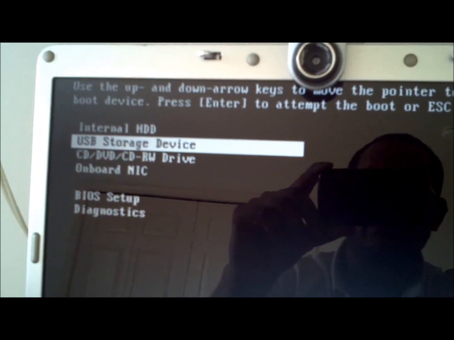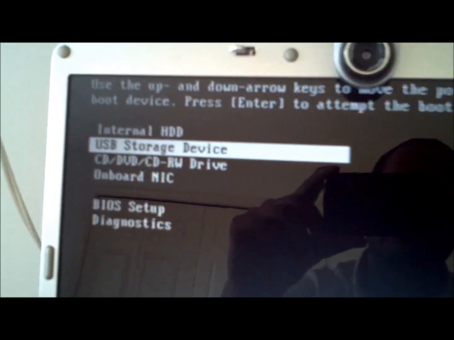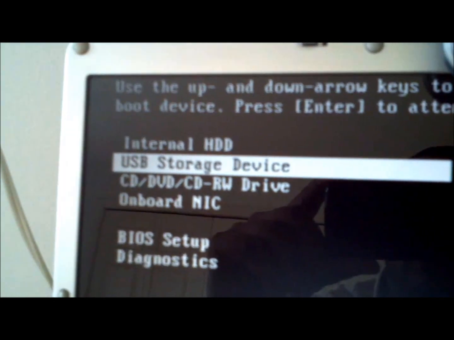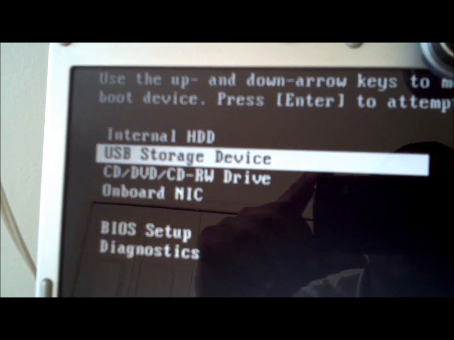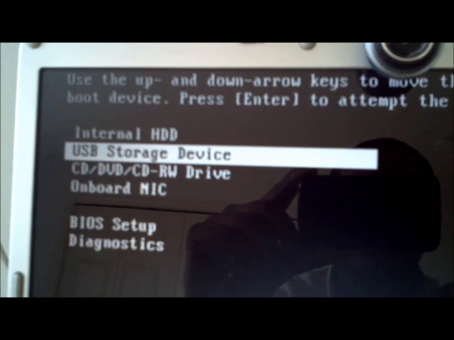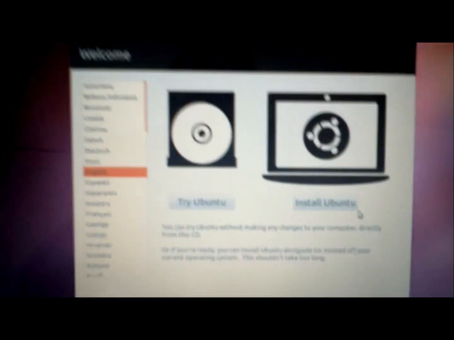After you restart your computer, make sure that you go to the BIOS settings and select the USB storage device, while your new USB you created is already in your USB drive. So I'm going to select this USB storage device, say enter, say connect. As you can see on the top,